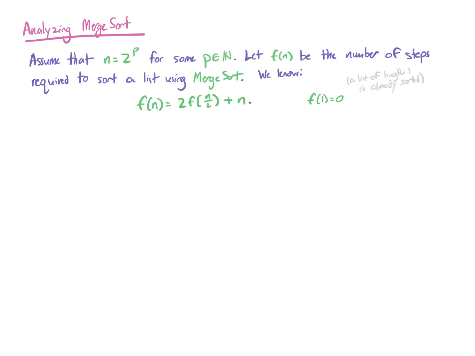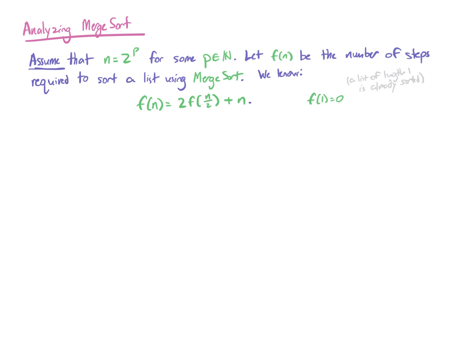Now let's go ahead and complete our analysis of the runtime of the merge sort algorithm for sorting a list. So we're going to make a pretty restrictive assumption in this argument in order to keep the mathematics clean. And here's that assumption. I'm going to assume that n, the size of the list that I want to sort, is a power of 2. So I'm going to assume that n is equal to 2 raised to the power p for some natural number